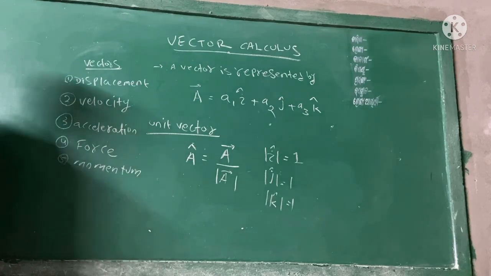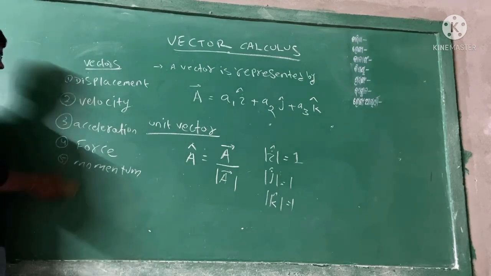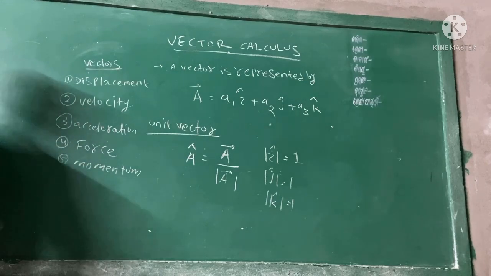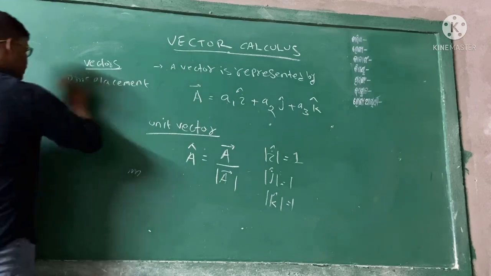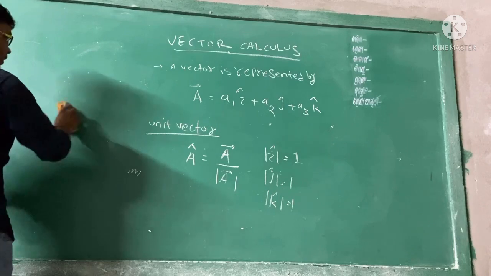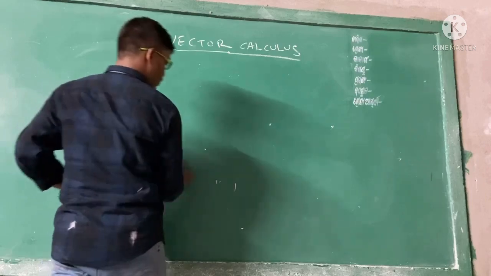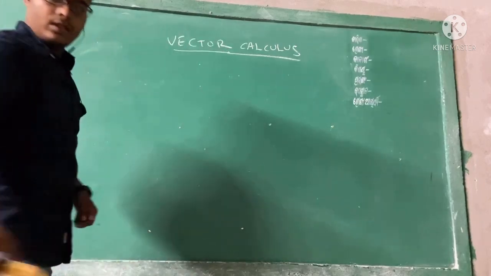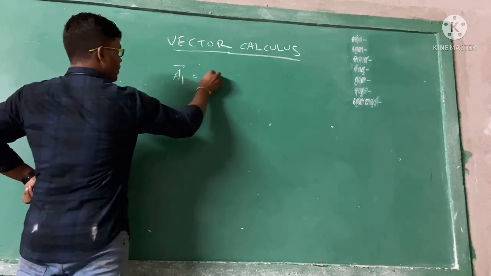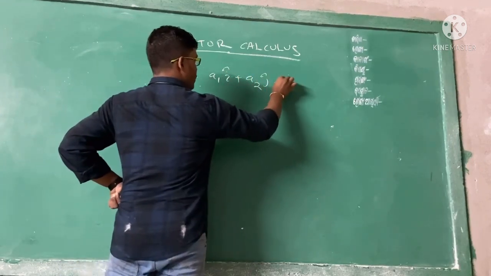So you have to write, suppose you are writing the displacement vector, then write capital S and the vector notation on the upper side. When you write velocity, write v, then the arrow. So use the arrow for a vector and use the cap for a unit vector, and remember how you find the magnitude and how a vector is denoted. So we have read up to that: what is the magnitude, what is the direction, how you know the vector, how you know the scalar, how you represent the vector, and how you represent the unit vector.